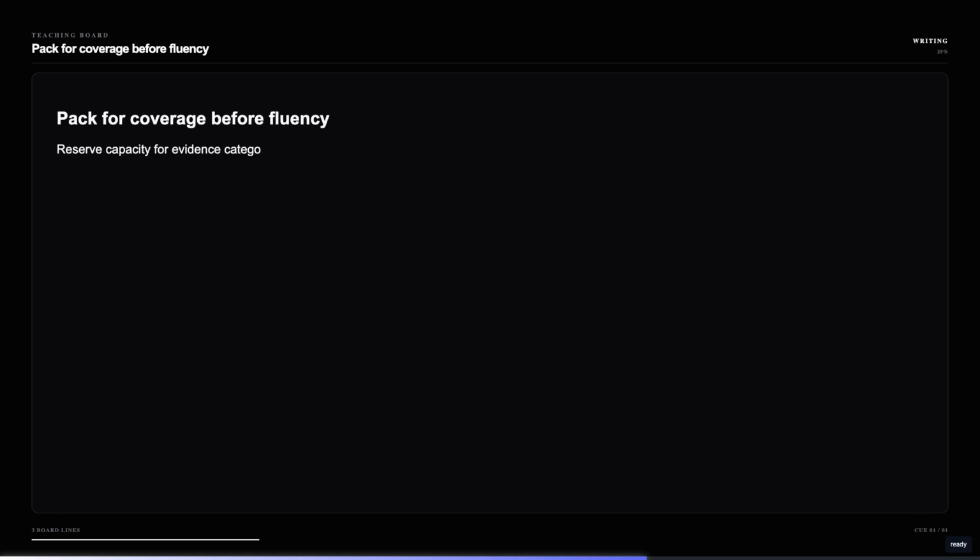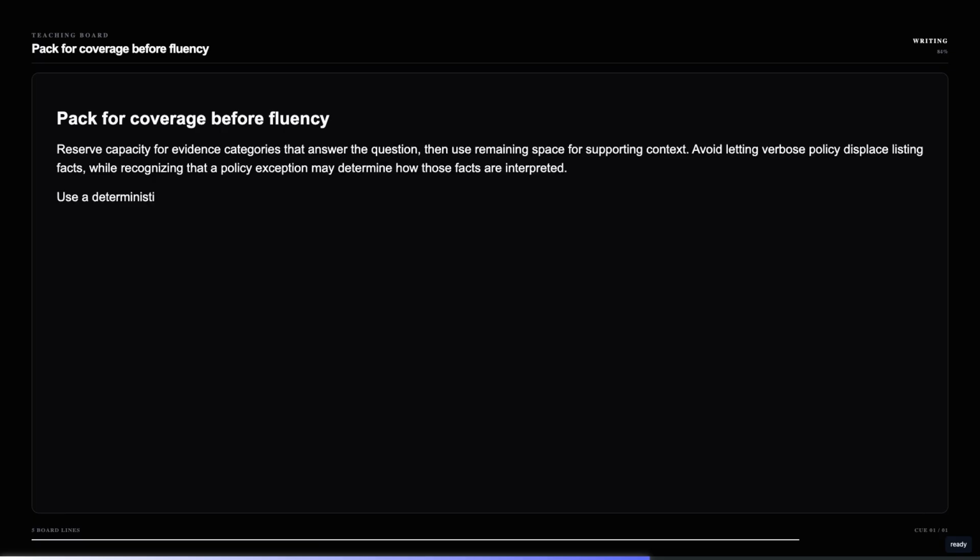Packing is an allocation decision. Reserve space for the evidence categories that answer the question, then fill remaining capacity with supporting context. Do not let a verbose policy consume the budget before the listing facts have been included. Conversely, do not always place listing facts first. A policy exception may determine how those facts must be interpreted. A useful deterministic order for the scenario is: